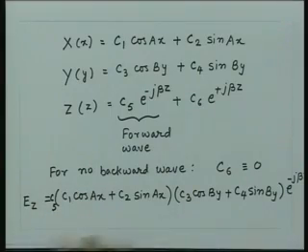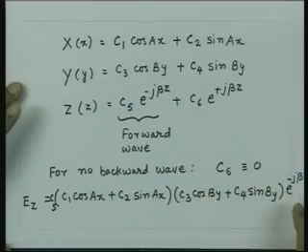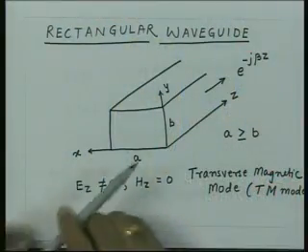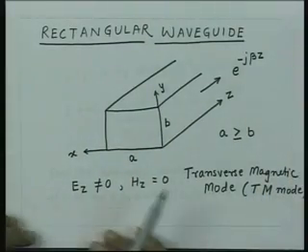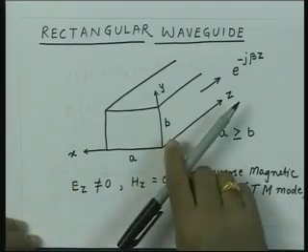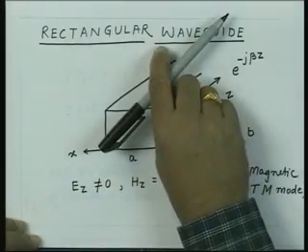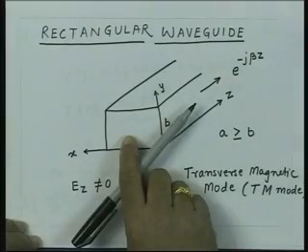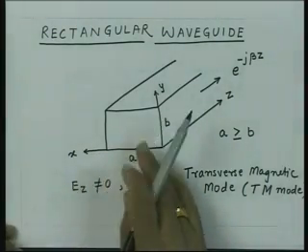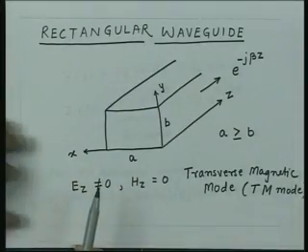So, this is now the general solution for the wave equation for this component Ez. Now, we can apply boundary conditions to get these arbitrary constants, and in this case we have the Ez which is like that in the waveguide. So, this component Ez is tangential to this wall, to this wall, to this wall, and to the lower wall. So, the Ez component is tangential to all four walls, and that is why